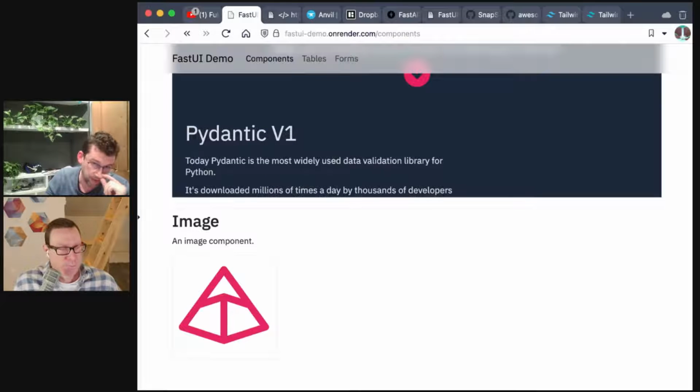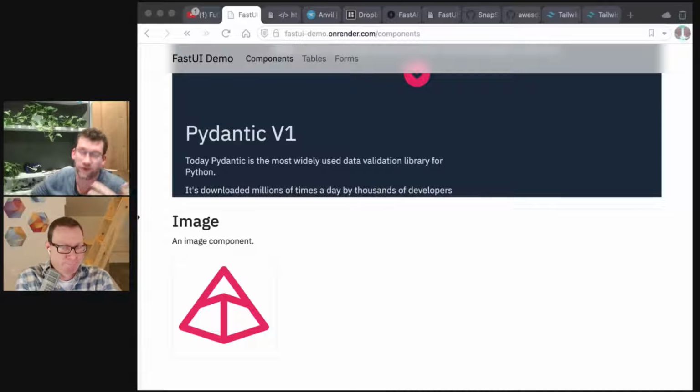One of the nice things to say about both iframe and image is they were contributed by other people. So I don't think I'd even created an issue asking for them, but people have come along and added them. It's been one of the nice things to see. I think we had 18 or so people contribute to the first release after my initial release, the second release of FastUI. So good engagement from lots of people. Image.